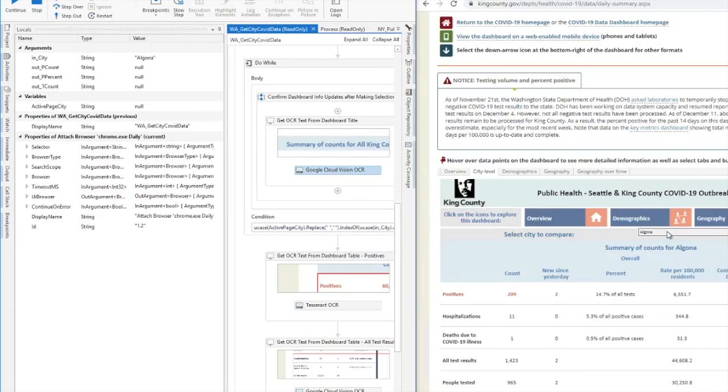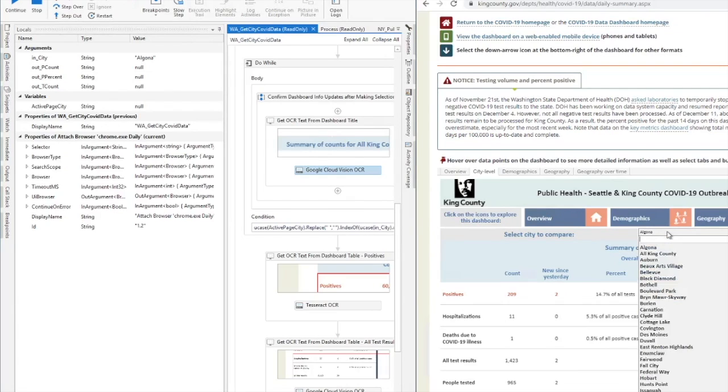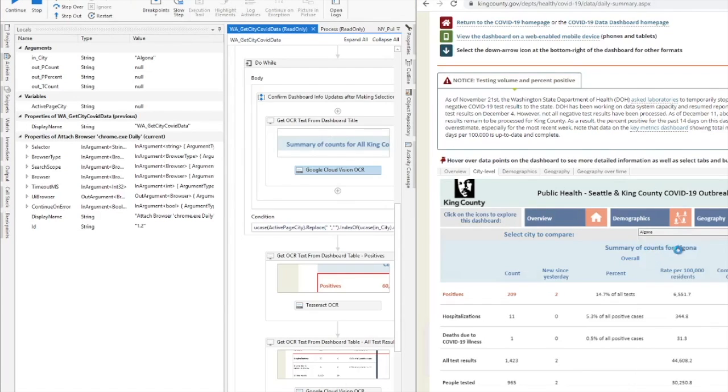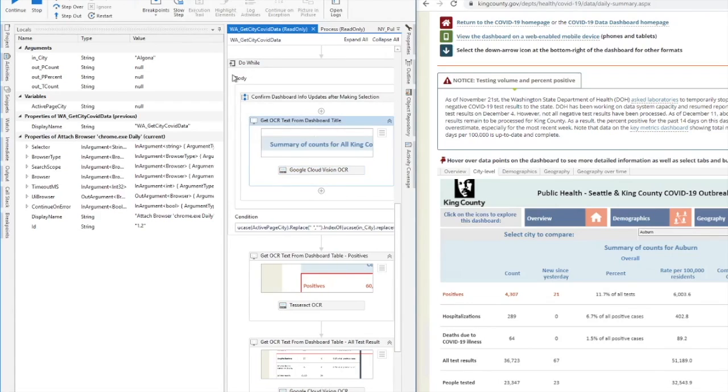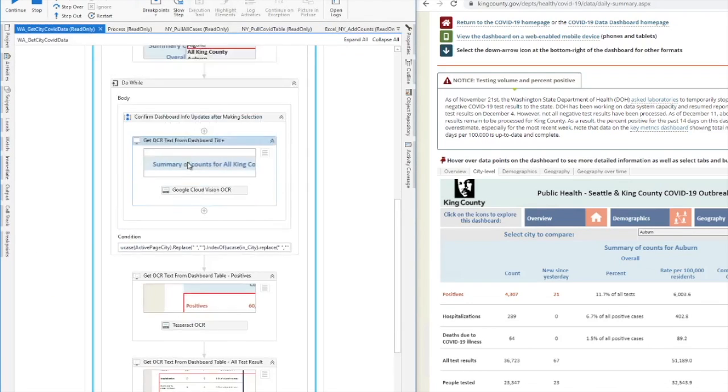There's one more area that I thought would be valuable. When we click on a new city, it takes a moment for this table to update. We want to make sure that we're pulling out the right information, and it would be a shame if we automatically clicked on the next city but pulled out the previous city's information. So what we can actually do